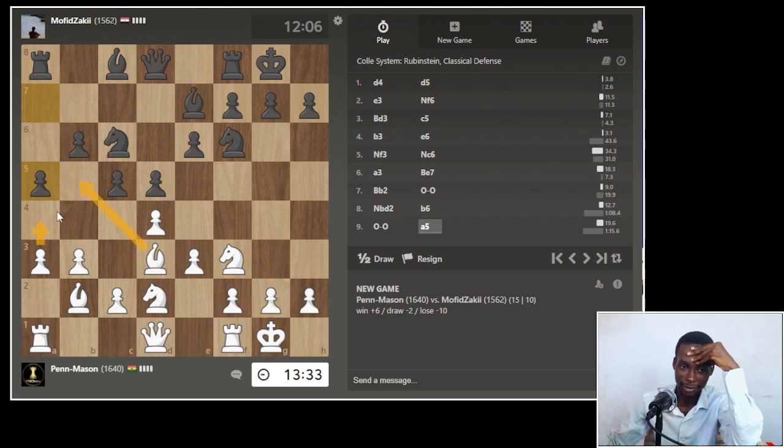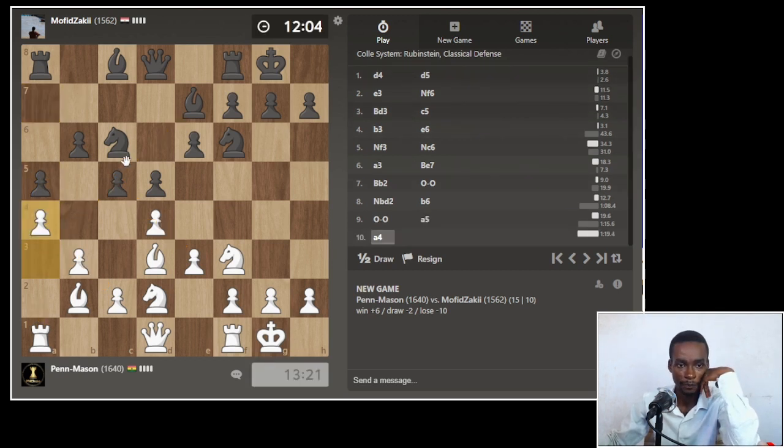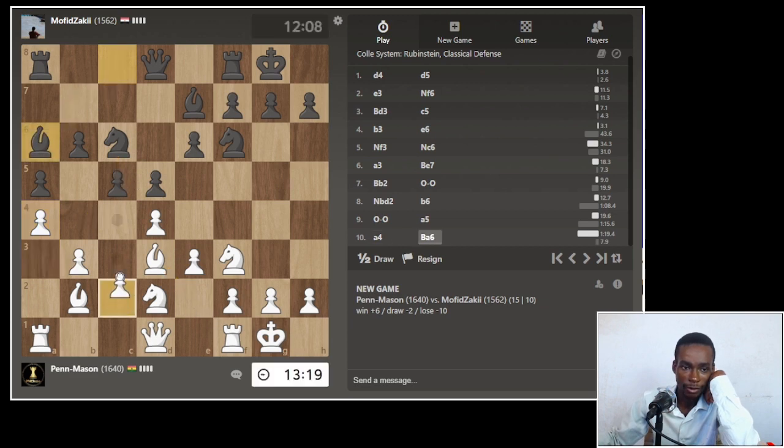Bishop here does not do it. I need my bishop here. I think a4, because now this move, a4, is more of the move. Takes, and now I'm gonna take him. So a4, I think. I cede this square, but only temporarily. Bishop goes, knight jumps all the way back. But in this, it's slightly